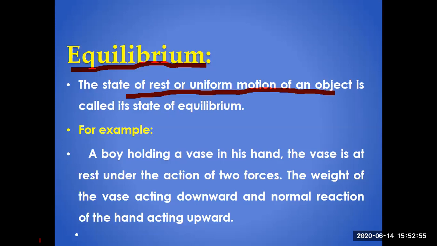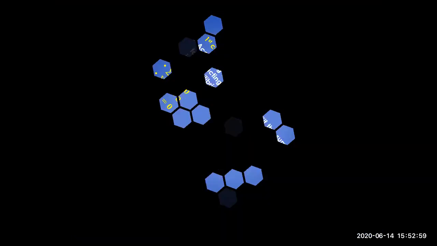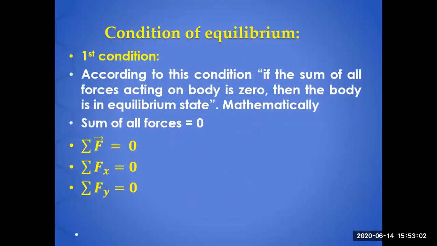So the next one is conditions of equilibrium. Look, there are two conditions of equilibrium. What is the first condition? According to this condition, if the sum of the forces acting on a body is zero, then the body is said to be in equilibrium. Mathematically, it is sum of F is equal to 0, sum of Fx is equal to 0, sum of Fy is equal to 0. Look, suppose this is a table, and on this table you have placed any type of